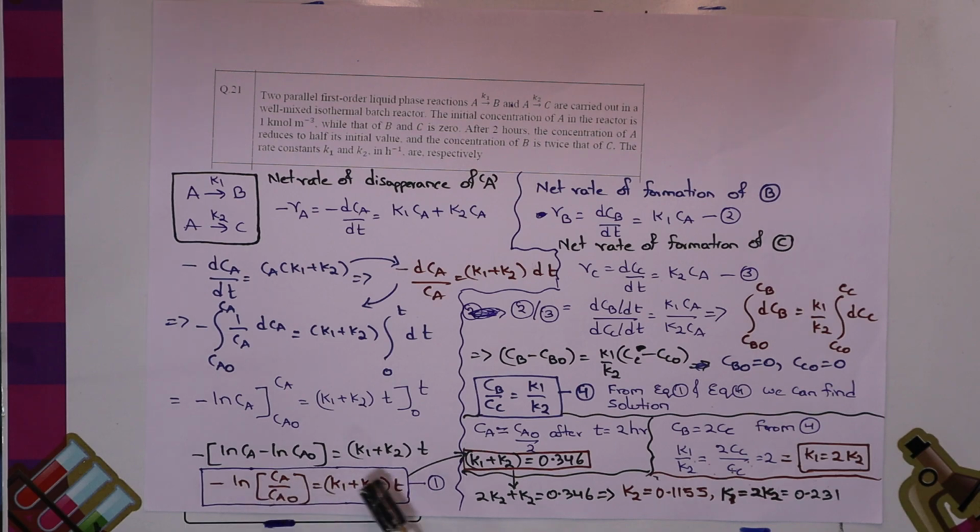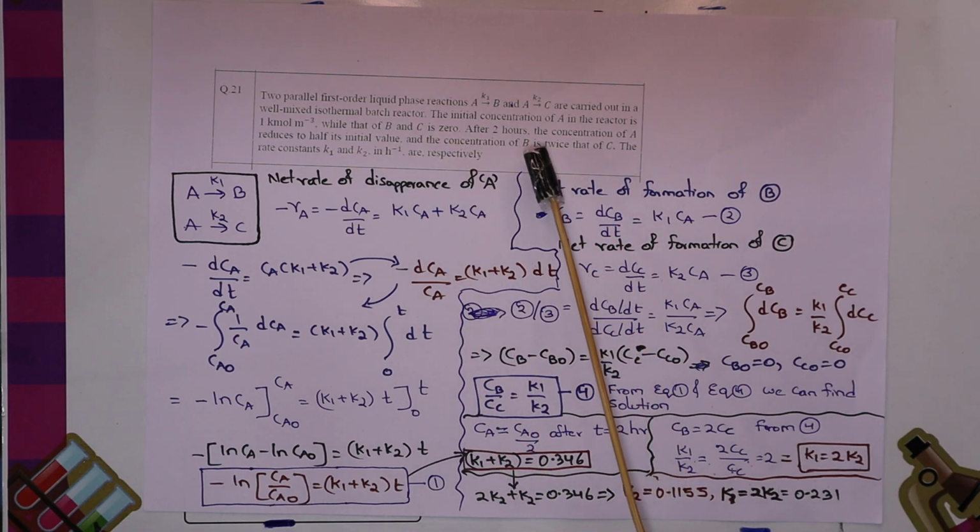That means you have got one relationship in terms of K1 plus K2. Finally you have to find the values of K1 and K2. So how are you going to find them? You need more equations in terms of K1 and K2. So we have to take the help of the additional data given: after 2 hours the concentration of A reduces to half of its initial value, and the concentration of B is